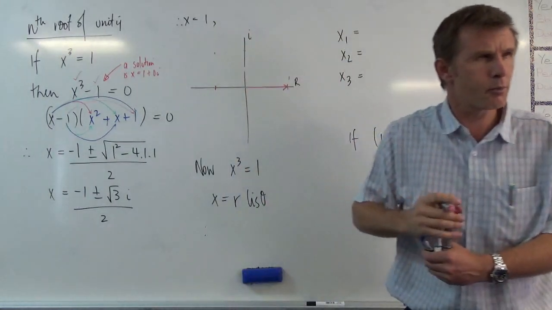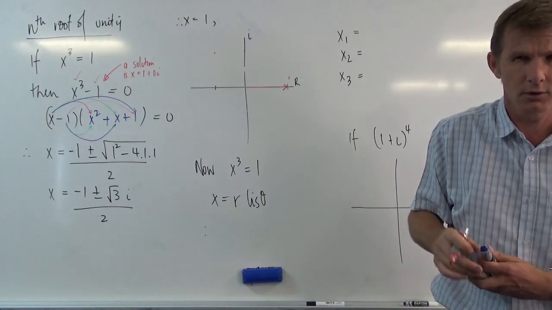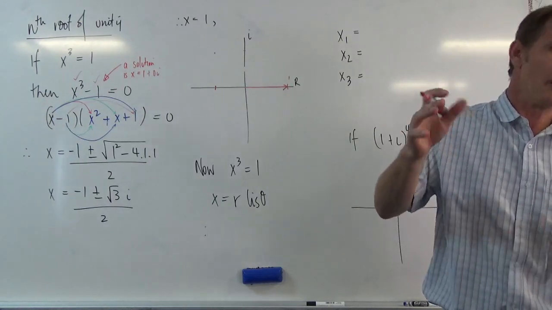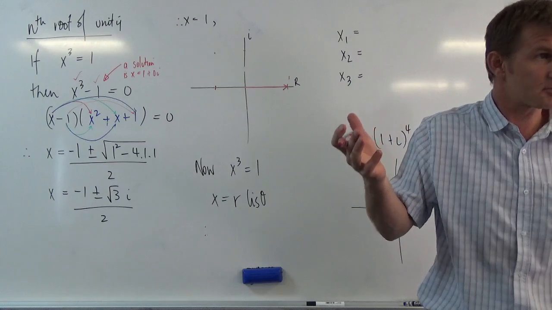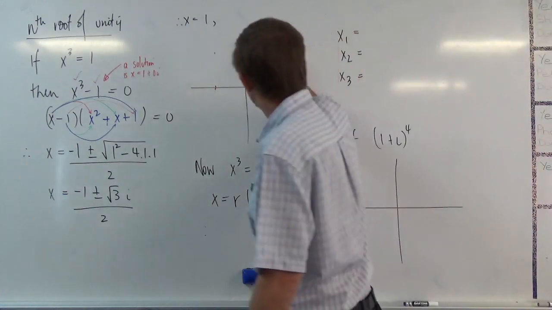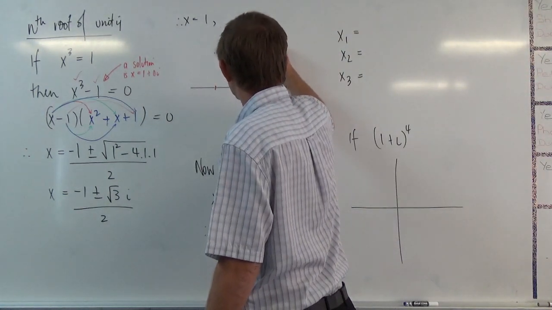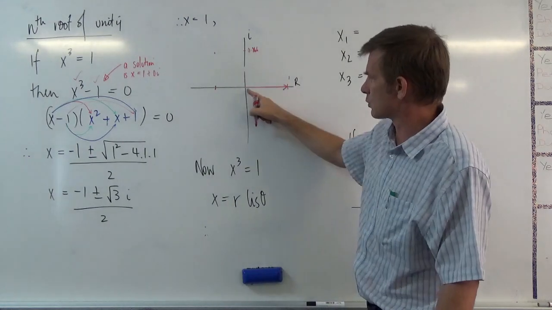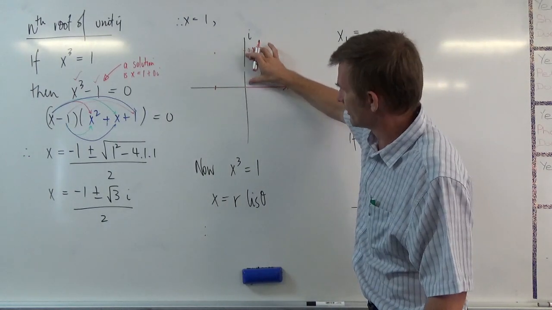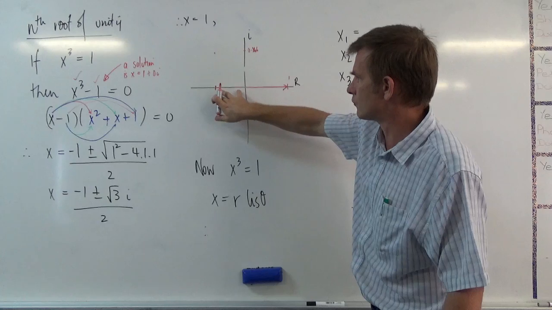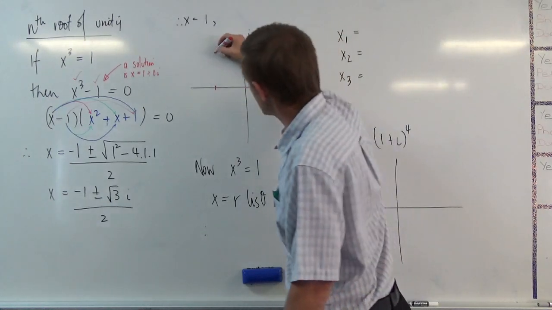Now root 3, 1.732 divided by 2, about 0.866 decimal equivalents approximately. So this is about 0.866. So you can see there's 1 for me. That's a little bit shorter. And this is roughly half of that. So isn't that